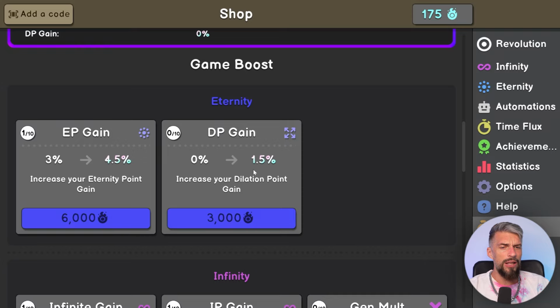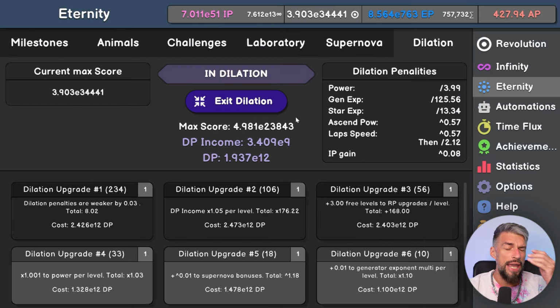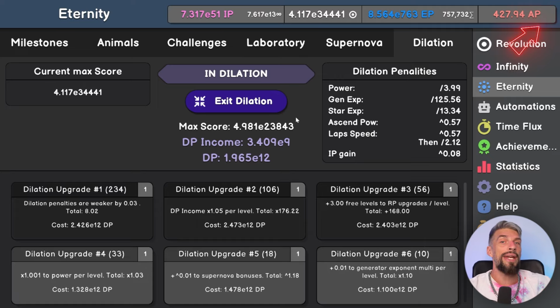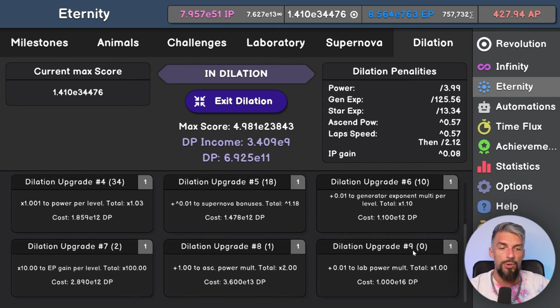Now this, even if it's only 1.5%, is extremely important, because your gameplay up to the dilation will be maybe 10% of your overall gameplay past dilation at this point, and there will be more updates later on that will expand the game, as far as I know. So dilation will be a major part of your game, and you would like to focus on this quite a lot, and that will give you sweet DP income that will allow you to do those upgrades, which are